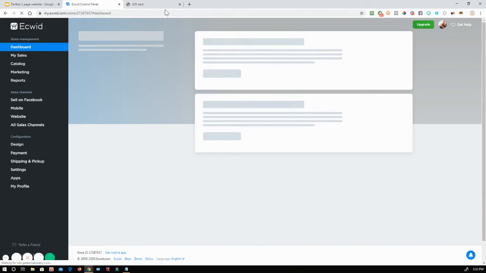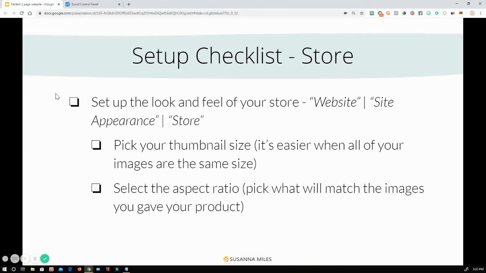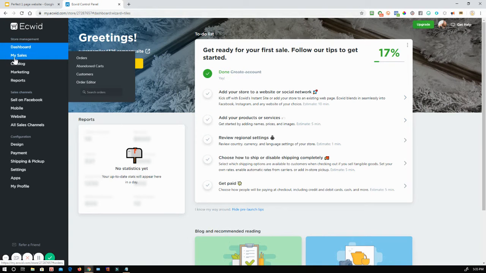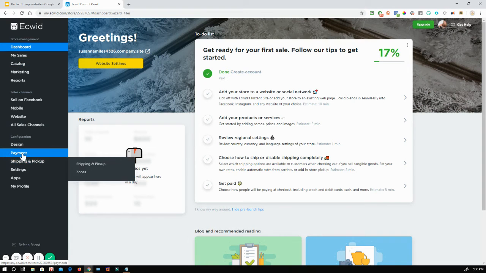We're going to go back to the dashboard. And again, remember, I'm going to close all of these windows here so that we don't end up getting confused. So the next thing we're going to do is set up payment. So what we're going to do is go back to our dashboard, go down to payment here,